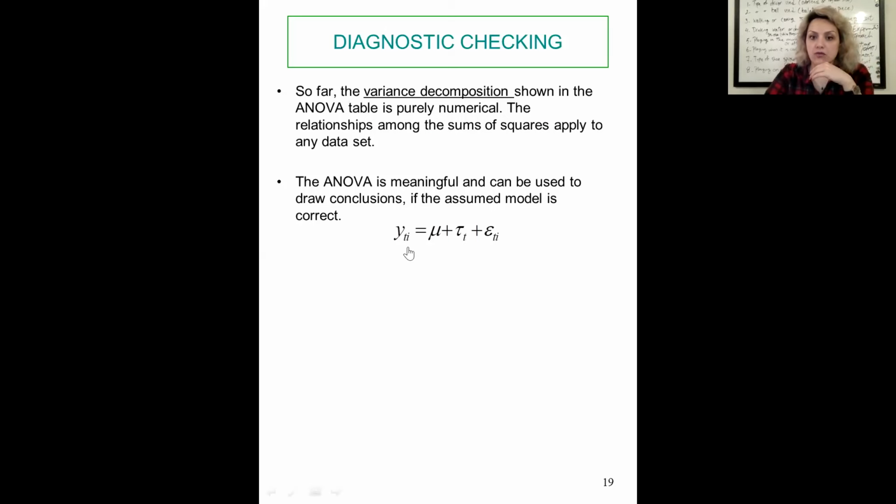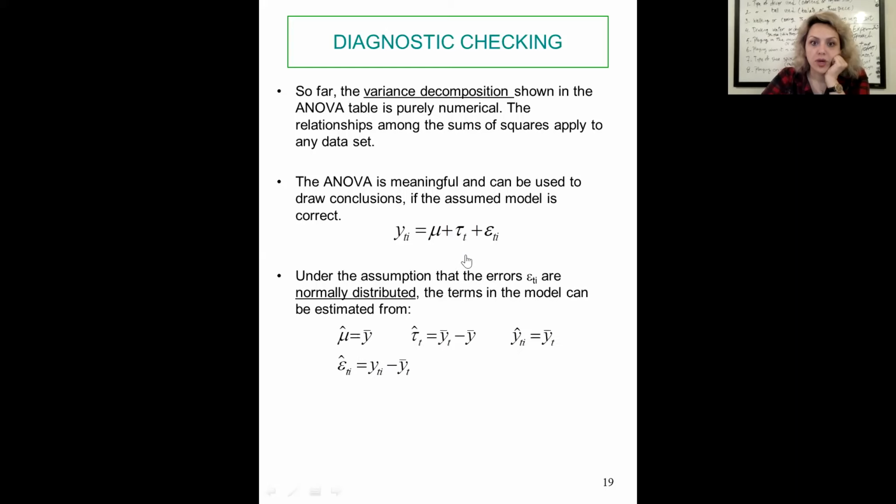Like we would say Y_ti equals mu plus tau_t plus epsilon. So we had this equation before, and this tau_t was mu_t minus mu. So under the assumption that the errors epsilon are normally distributed, the terms in the model can be